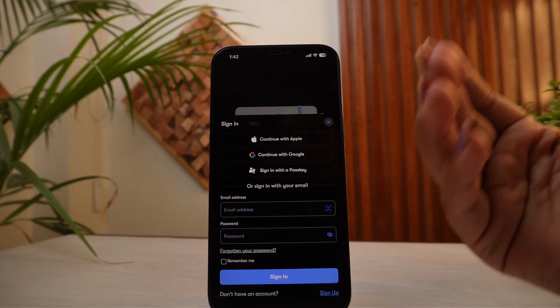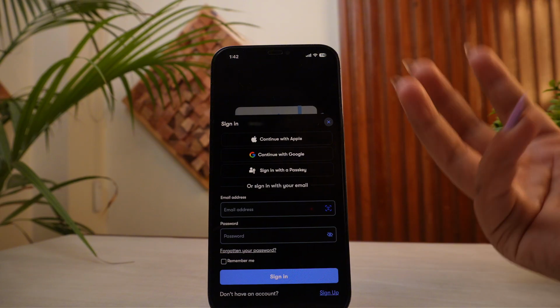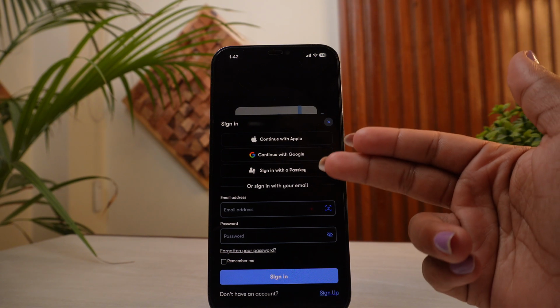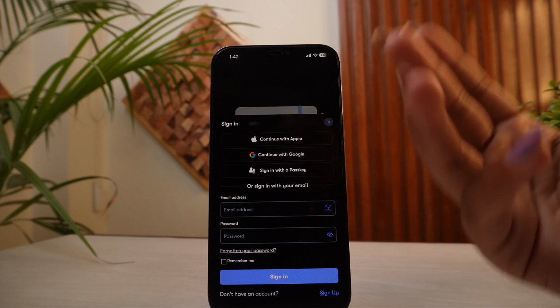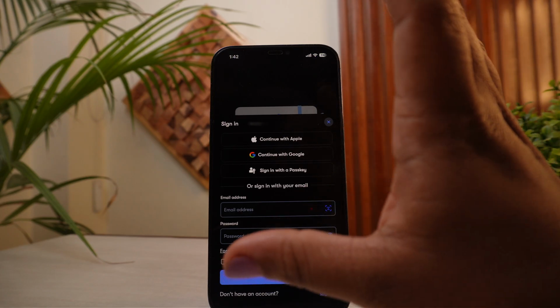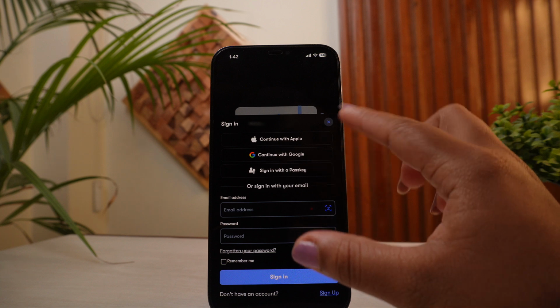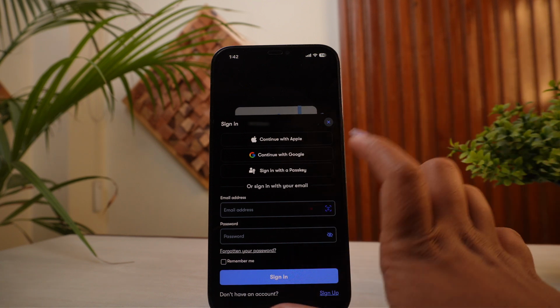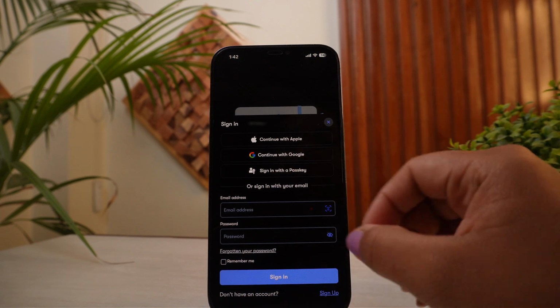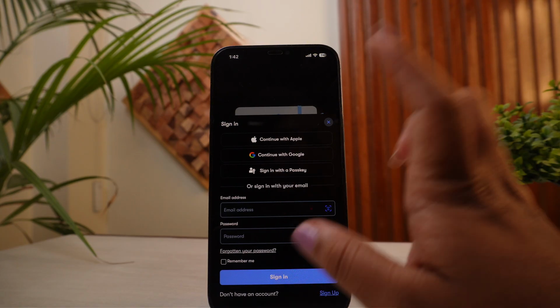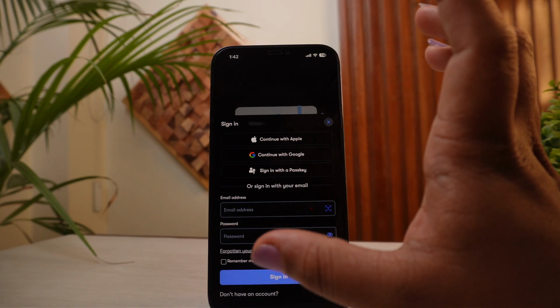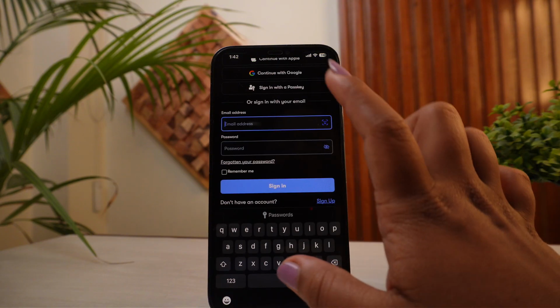And if you have signed up your account using any of those platforms, you can tap on them and go along with the process of how you'll be able to log in through those platforms. Or else, if you do have any sort of passkey, you can tap on sign in with a passkey in order to do that. Or if you have signed up manually, you can simply type in the email address of